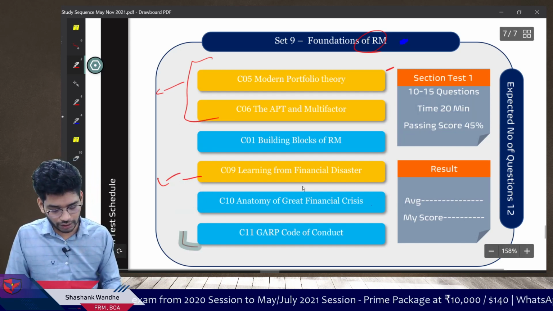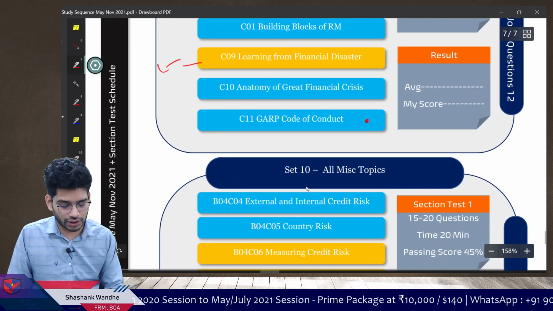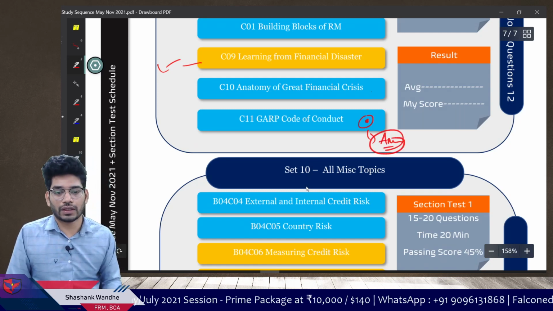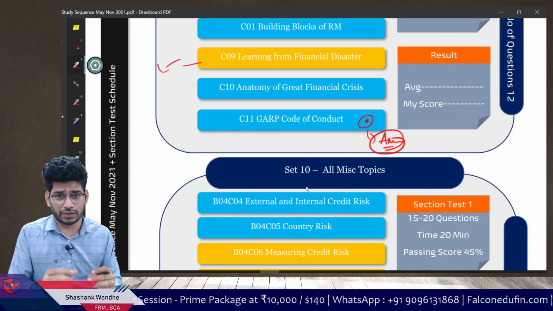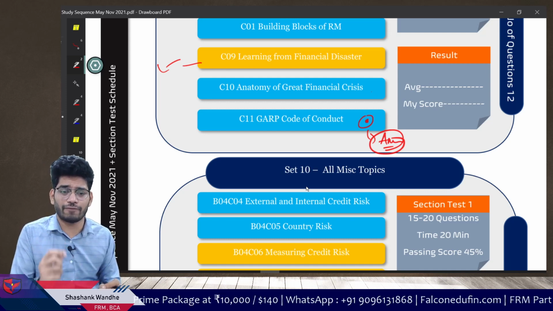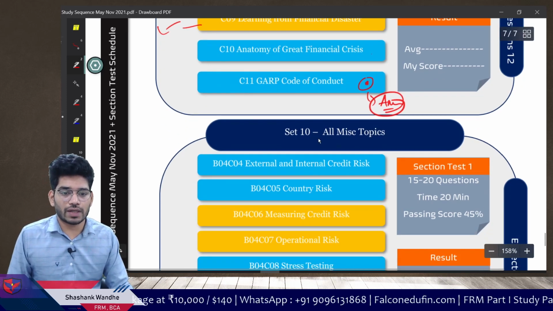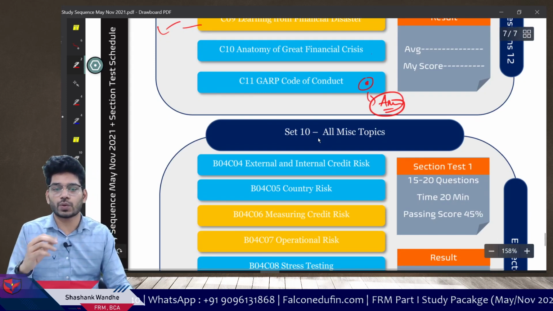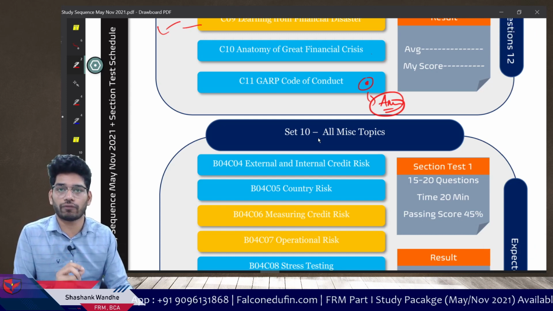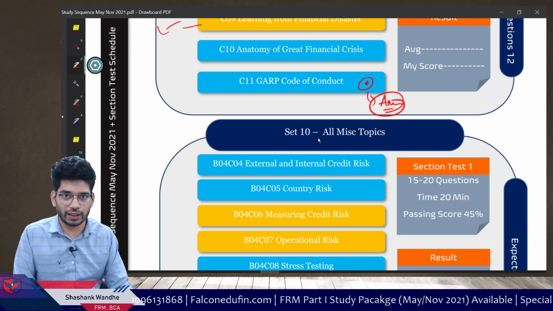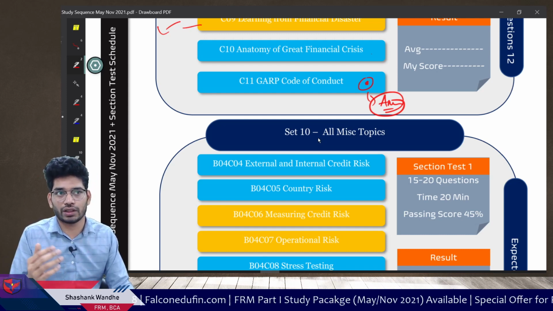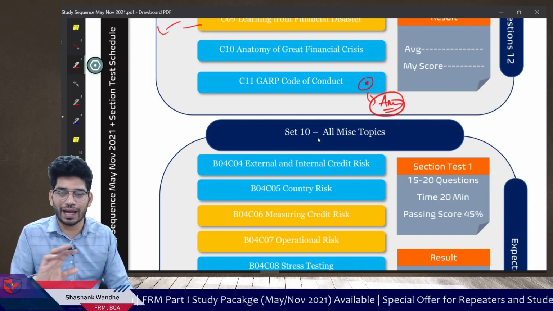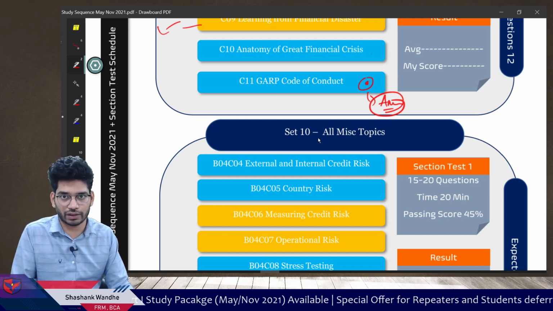And then the GARP code of conduct in the last chapter. Just study and remember the basic points, and analyze this section. Don't just remember the key points. You must analyze the section, because in the exam you will get tested in a very different manner. GARP will ask very interpretation based questions on the code of conduct. This is applicable only for the code of conduct. In the remaining theory sections, GARP will mix and twist questions, but they will not be interpretation based to an extent that you are not able to solve them.